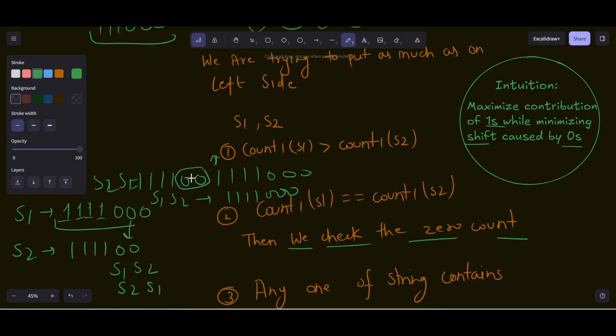So if you have more zeros, it will create more shift for the other element. More shift, less value. So we will reduce the shift.